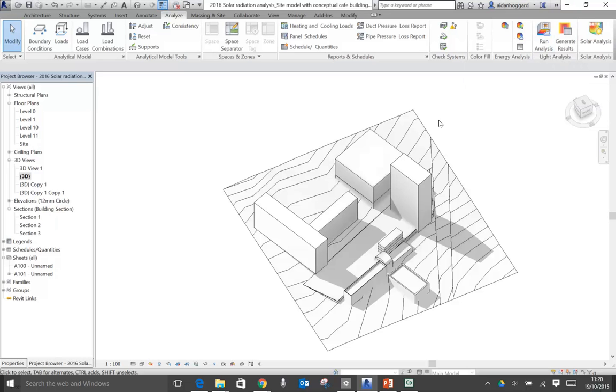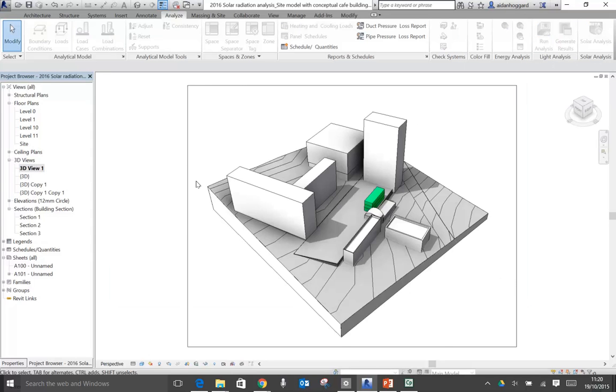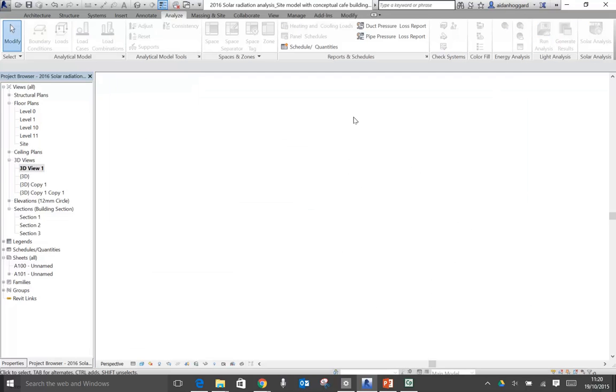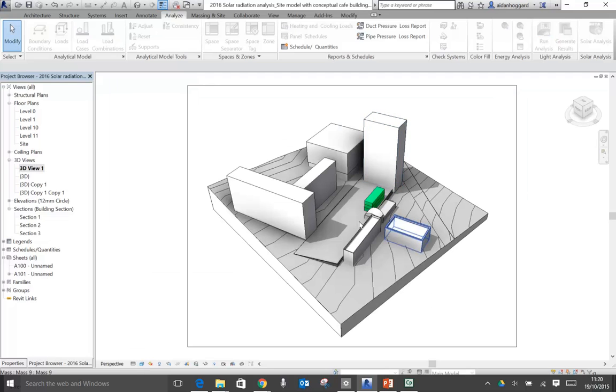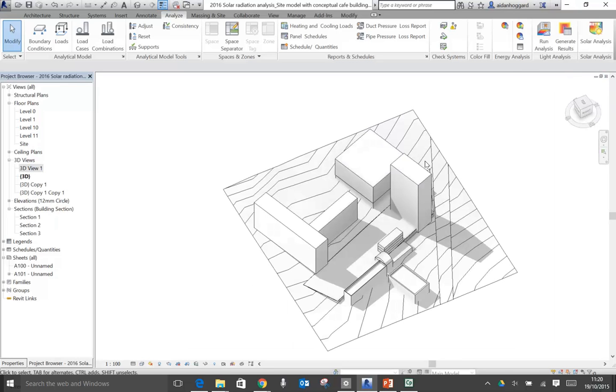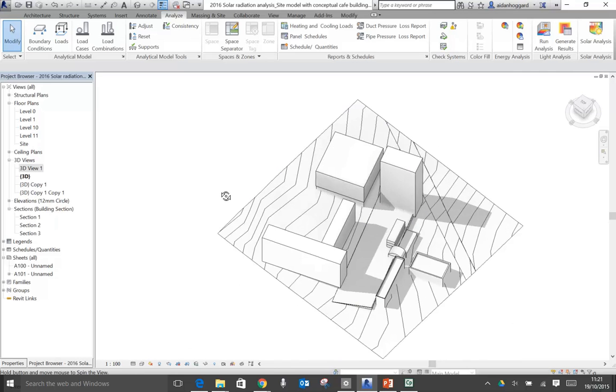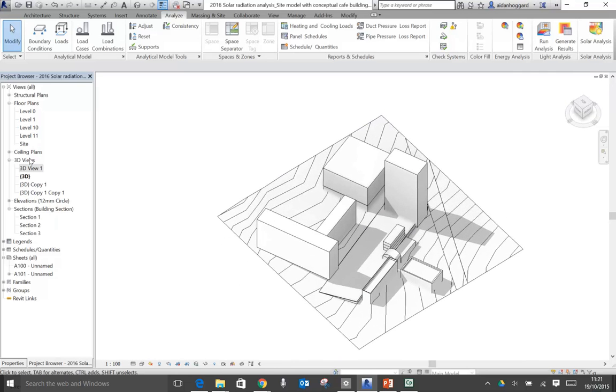So the solar analysis tools work in a 3D view. They will not work in a perspective. If I go to a perspective view here, there's our perspective view. As you see here, the solar analysis tools are grayed out. They don't want to work in a perspective, which is fine. Okay, so we go back into our 3D view,